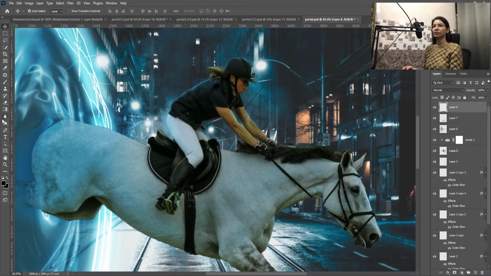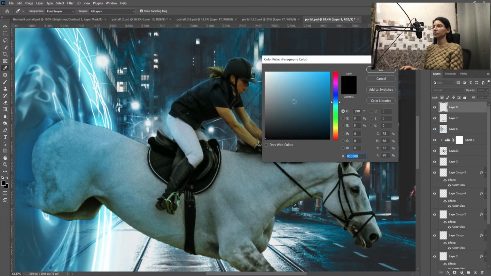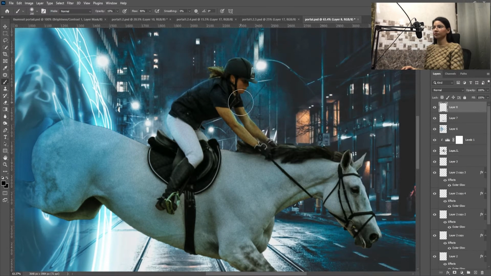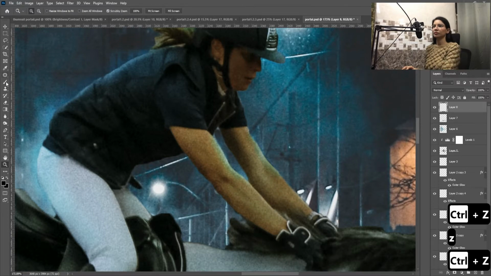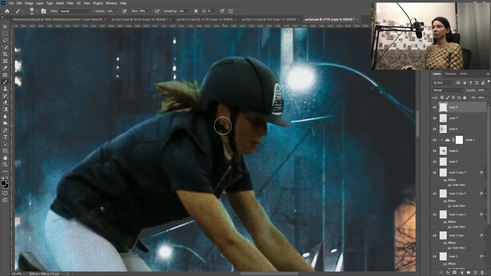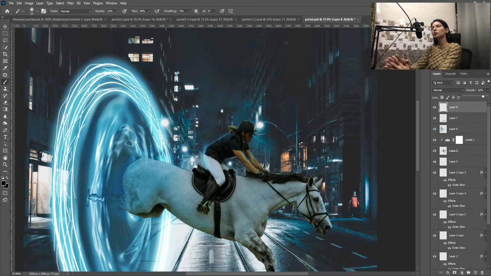Create a new layer. Select the brush tool, fill the black color and then hit OK. Now reduce the opacity of the face shadow.